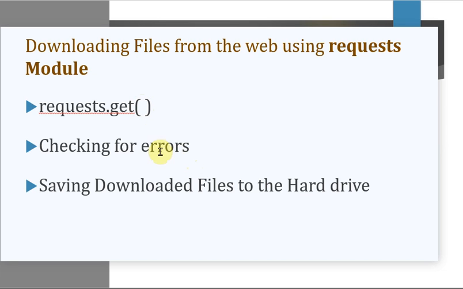And the next point what we had seen under this request module is checking for errors. So as we said, request.get allows us to download. So during the process of downloading, you can also check whether the download has been done successfully or not. So that is what we had seen under checking for errors, wherein that is raise_for_status. That is, if there is any error during the process of downloading. An example was given as you had given a URL which does not exist. In such case, an error will be raised.